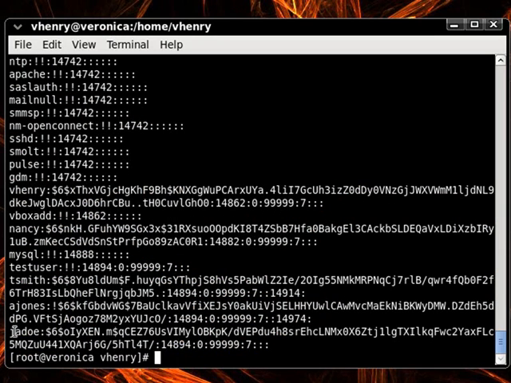Okay, from here, let's type in cat space /etc/shadow and hit enter. Let's take a look at the last line here for J.A. Doe. Again, J.A. Doe is the username. Then we've got an encrypted password here,